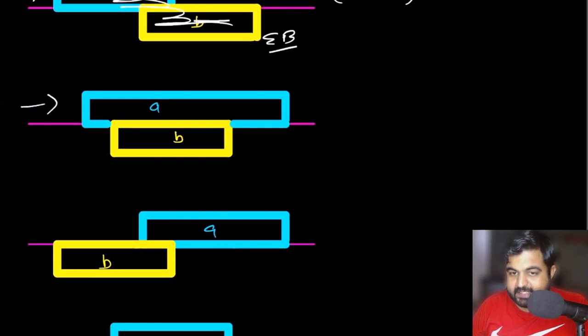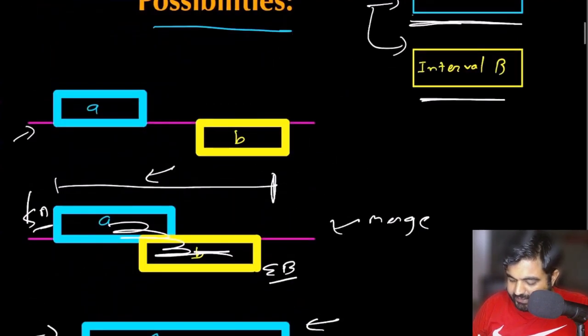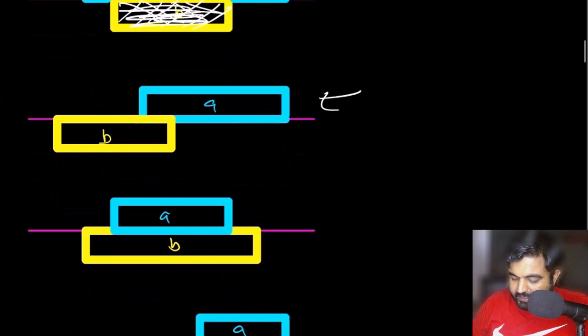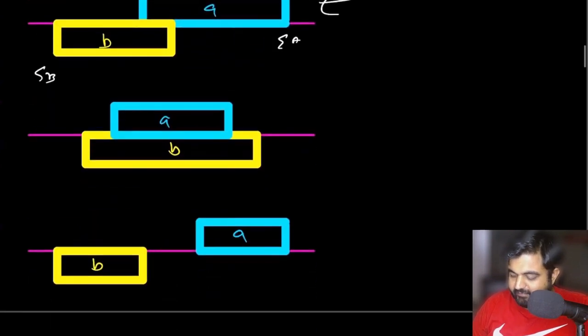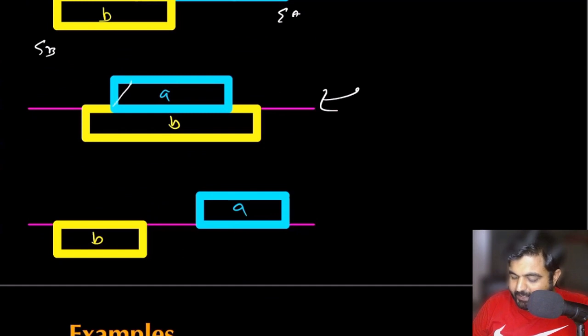If we take a look at this example, interval A completely overshadows interval B. So basically B is completely within the bounds of A. There will be scenarios where you have to deal with situations like this. Now this one is the reversal of that situation, where we start with B and end with B, and B completely overshadows A.